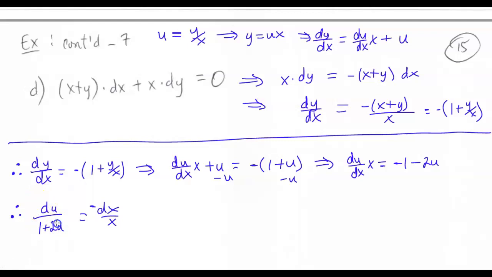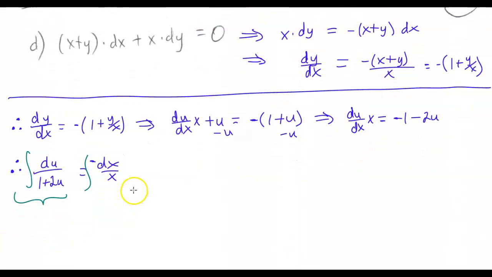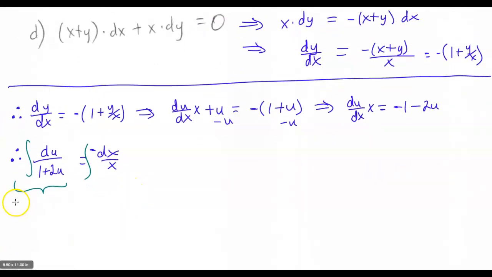All right, so now that we have that, then we know that all we need to do now is just integrate both sides. And here, to integrate both sides with this situation going on here, we will need to use substitution rules. So I'll go ahead and write that in now. So let w equal 1 plus 2u. So that means that dw is going to be 2 times du, which means that dw divided by 2 is